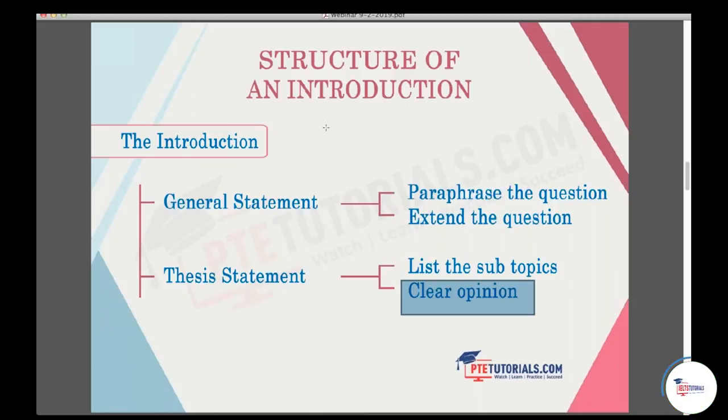Next, Jubin is asking, how do I master writing essays, summarize written text and other tasks? Do you have specialized classes? Yes,